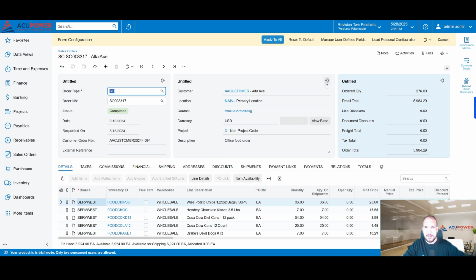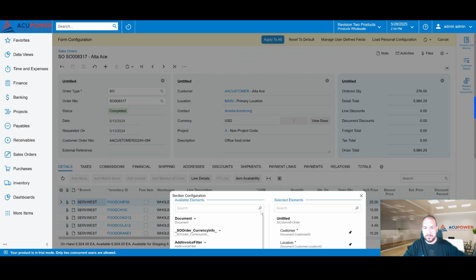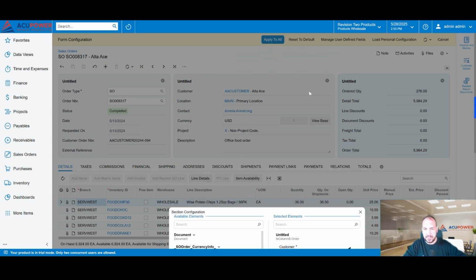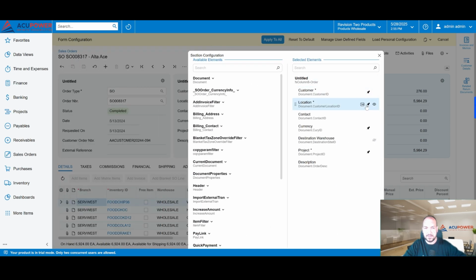And let's say I will click here, and you can see there are some elements where I can click on the eye. For example, on this eye, before I click on it, here you can see we have customer available, but when I click on this eye,